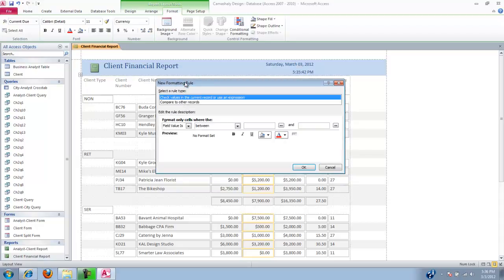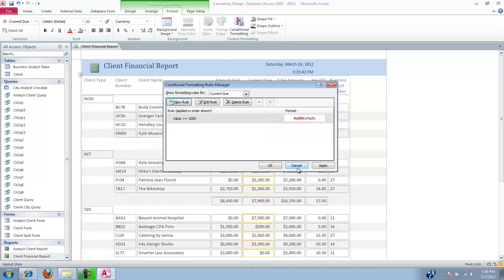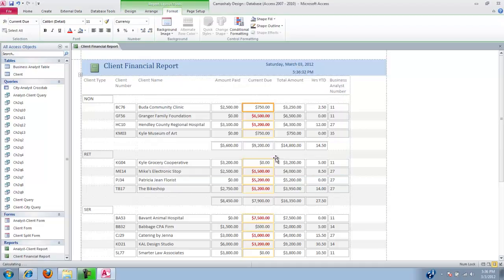What I want this new rule to say is the field value is greater than or equal to 1000. And if that's the case, I'm going to change the font color to dark red, and I might as well make it bold. And then hit OK and apply. And notice it goes through and adds that condition to the current due field. So again, looking back on page AC210,